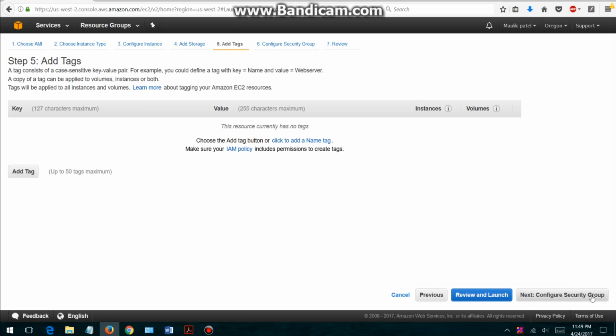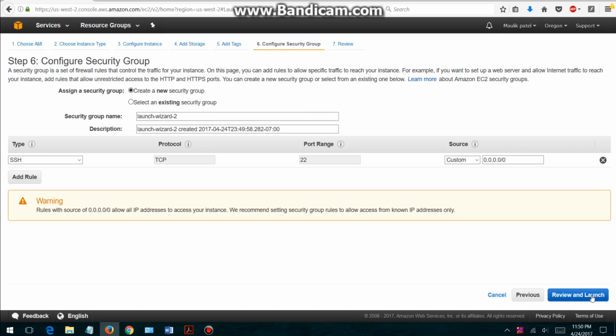The next step is to configure the security group. In this group we need to set up the security for the network. For that I am going to use this instance from the client machine's PuTTY terminal. For that I use SSH, TCP and UDP. First, SSH is for port number 22, then I add